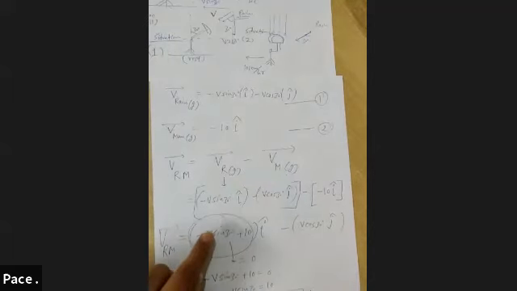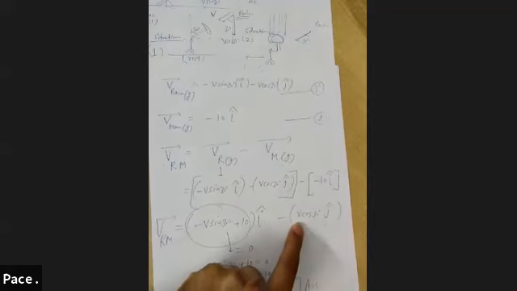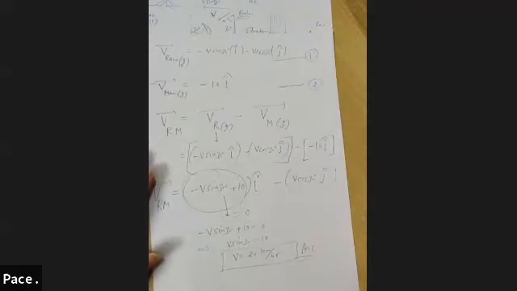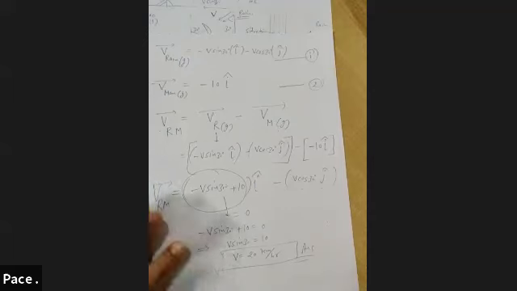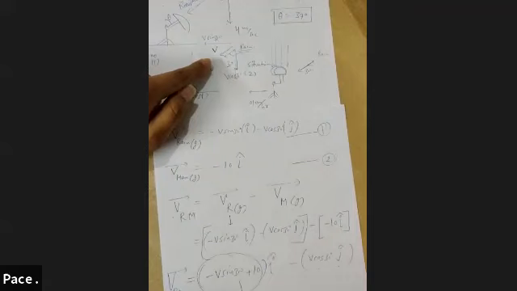By using the above two equations, I will solve this and club the i cap terms and j cap terms. This would be the coefficient of i cap, and this would be the coefficient of j cap. This whole equation should have only a j cap term. There should not be any i cap term. So I equated minus V sin 30 plus 10 equal to 0. From here, you will get the value of V as 20. What was V? We assumed V as the velocity of rain with respect to ground originally, because rain will not change.